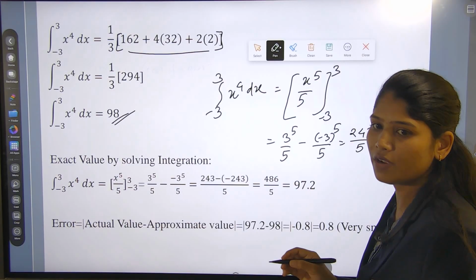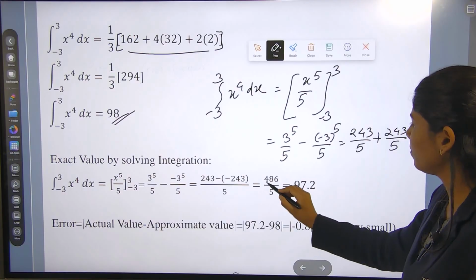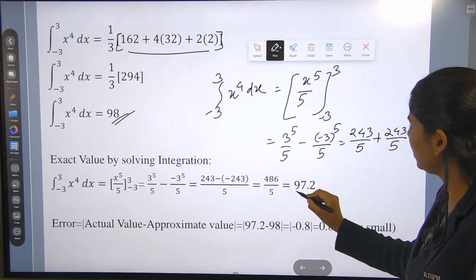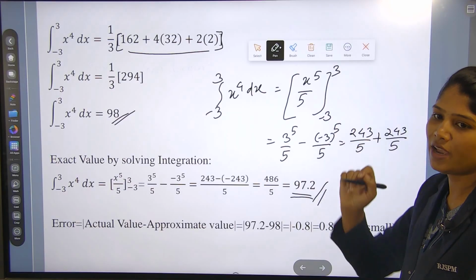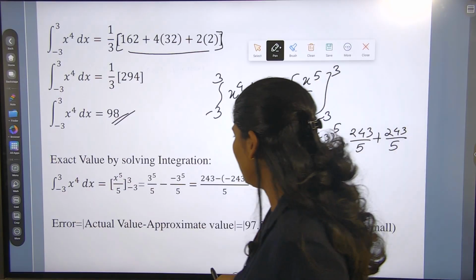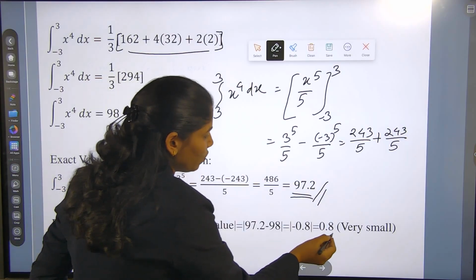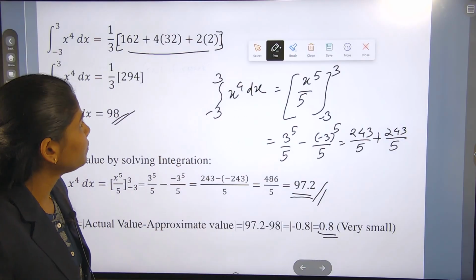दोनों का डिनोमिनेटर 5 है तो कॉमनली लिखना है 5. ऊपर की सम है 486. सो आंसर इज 97.2. सो दिस इज एग्जैक्ट वैल्यू एंड दिस वन इज द अप्रोक्सीमेट वैल्यू. फॉर फाइंडिंग एरर, mod of actual value minus the approximate value. So we get here error as 0.8. Okay,